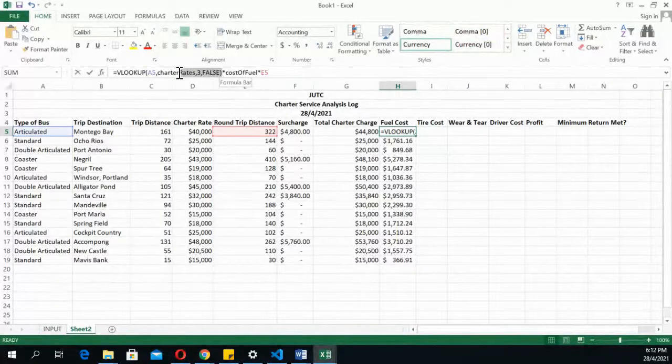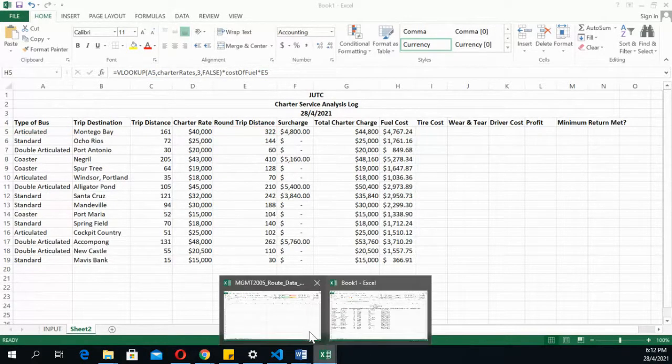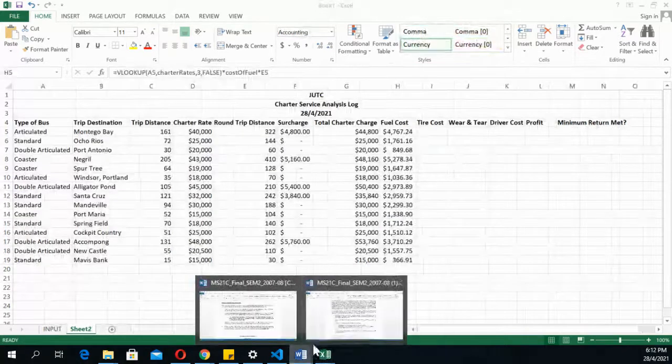All right, so the only tricky part was this VLOOKUP. No, I got that part, yeah. Okay, all right, thanks. Well, everything else is straightforward. So it's the cost of fuel times the distance traveled. All right, so next we're